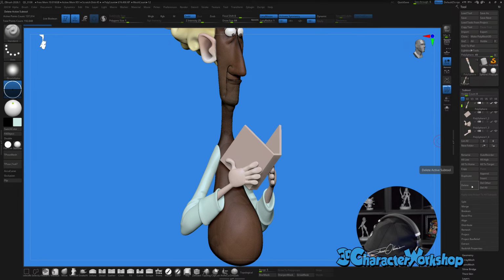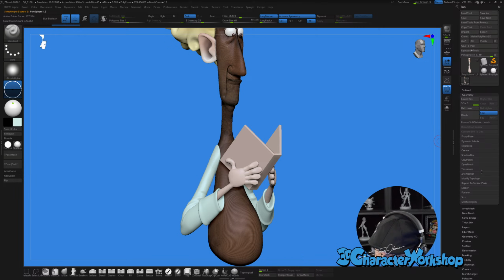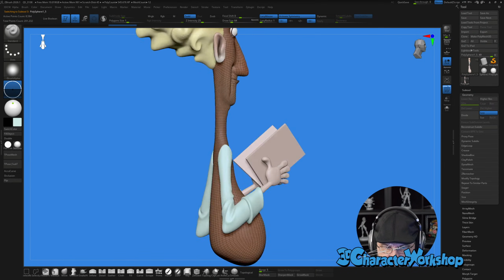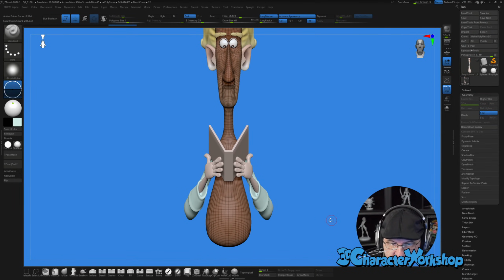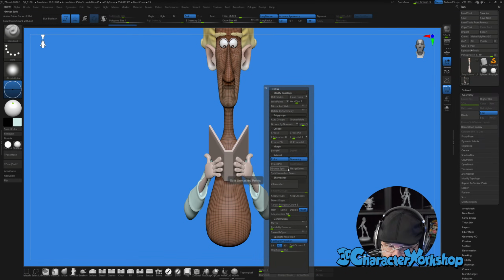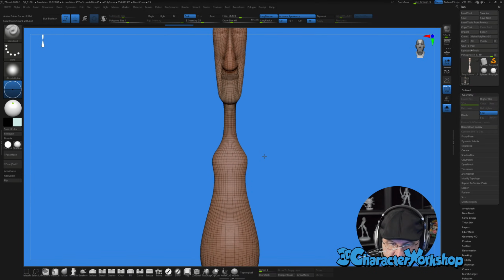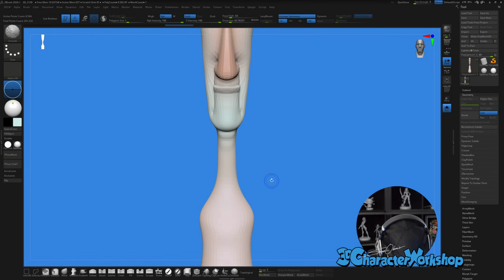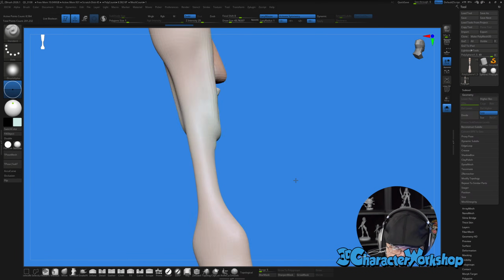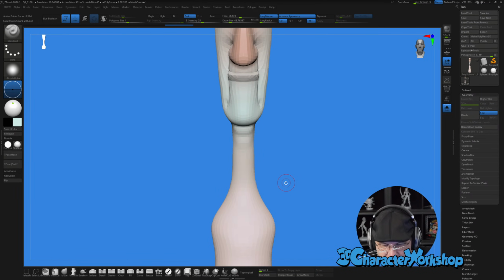Okay, let's duplicate this. Hide the original, go down in subdivision levels, and then delete higher. Okay, let's try it with this mesh. But before we do, I'm going to mirror this one. Mirror and weld it. Okay, we're good. Solo it. Okay, so this is the mesh we're going to start on this time. We should have a better result. And then yes, let's save it.